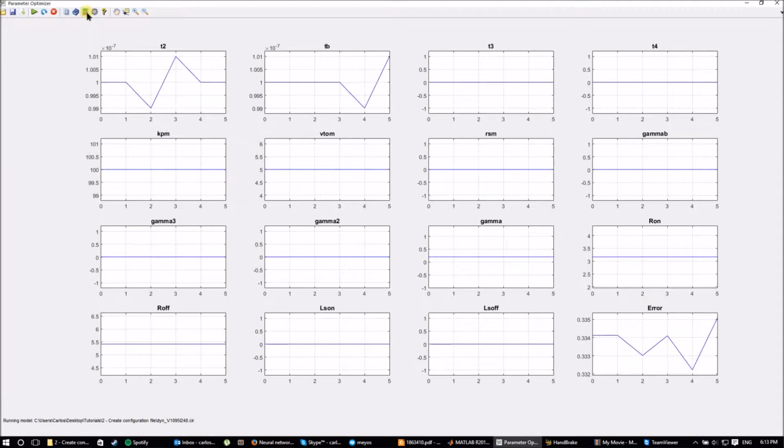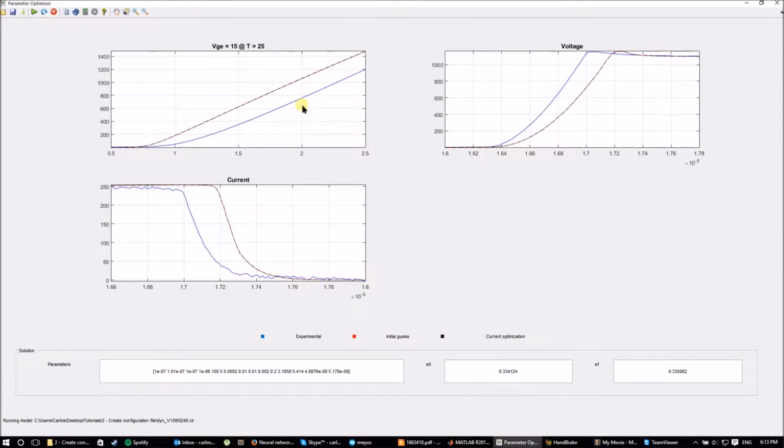So we were saying before, this error is the average error. The way it works is like this. It will go to the first curve, it will take all the points, and it will calculate the vertical error, which is the same as the area between both curves. It will do it also in absolute value, so if this curve goes down, it doesn't decrease, as it doesn't make sense. And it will also scale each point by the experimental data. This is important because otherwise,